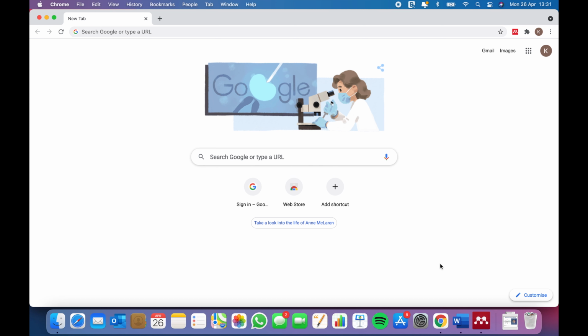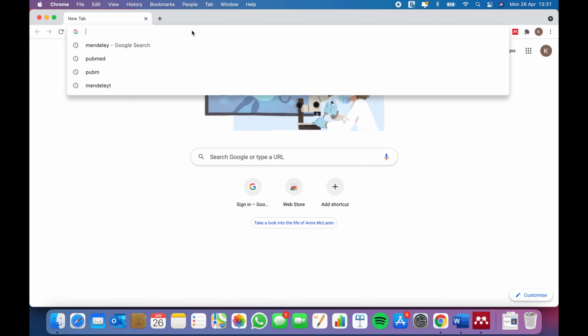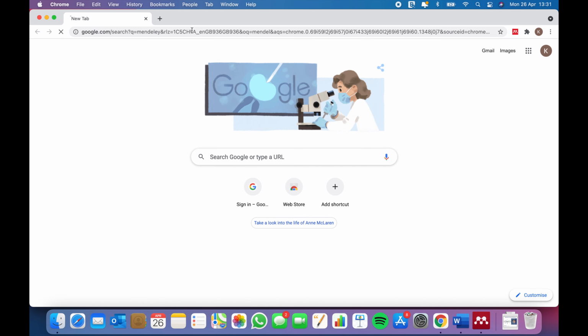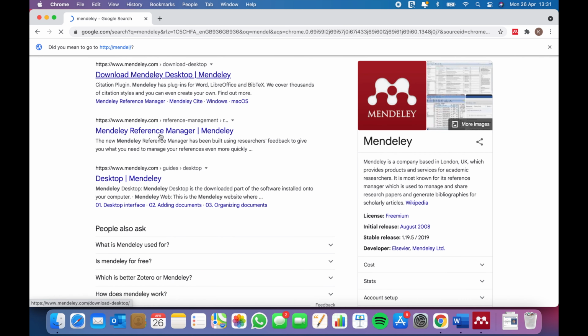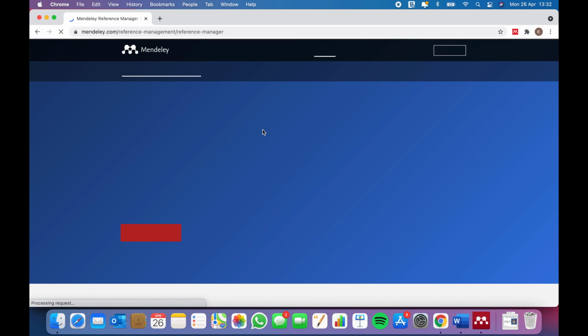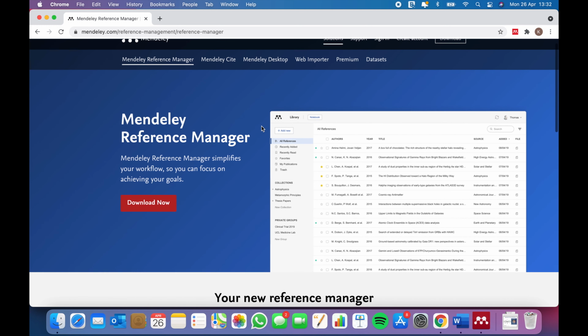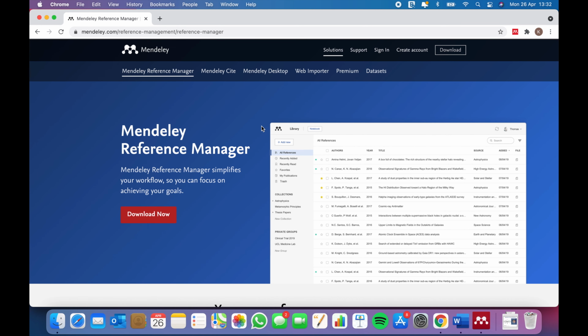So, there's a really easy way to reference, and this is using a referencing management website like Mendeley. So if we go onto Mendeley, it's a referencing manager, and you can just click on Mendeley and go onto the website, and it's a really good tool. It's free to use. You can create an account and you can end up with loads of reference libraries. I'll show you how to use this, but you click download,